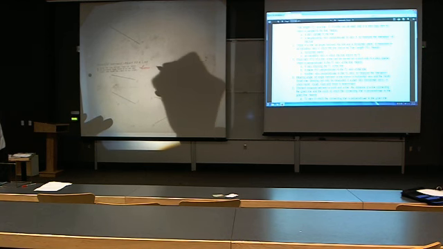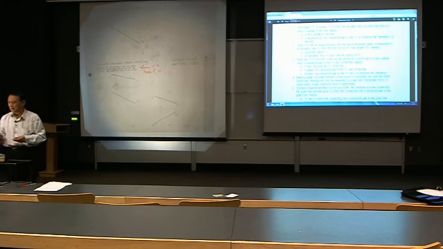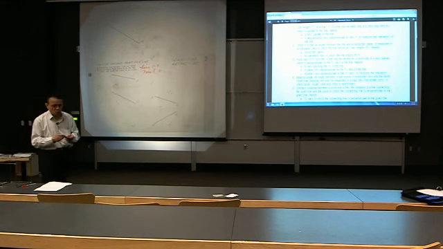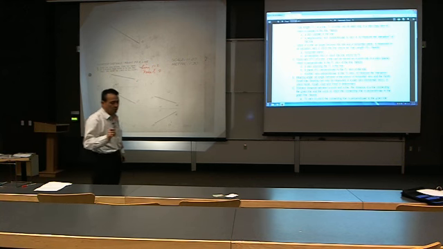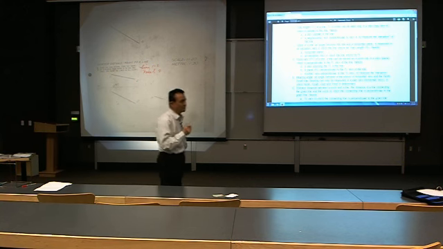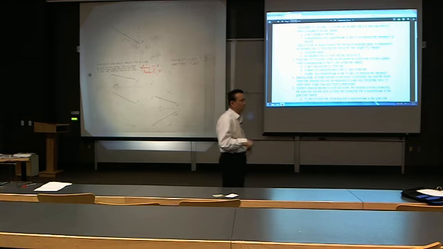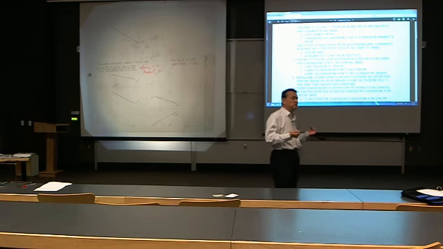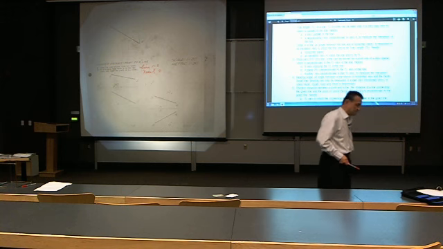Line 1, 2, and a point is O. I want to find out the shortest distance between point O and the line 1, 2. First thing that we have to understand is that